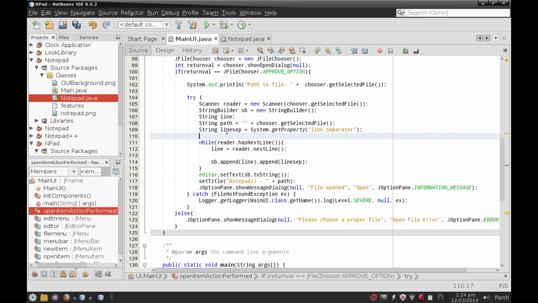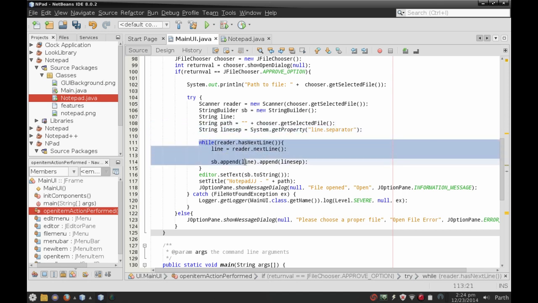So over here we're just getting the line separator, and here we're creating a while loop. I'm pretty sure I haven't been over this, but a while loop will just execute this bit of code as long as the argument is true. So we're creating a new while loop, and reader.hasNextLine. So this is telling the reader, okay, look, reader, if you have the next line, I want you to set